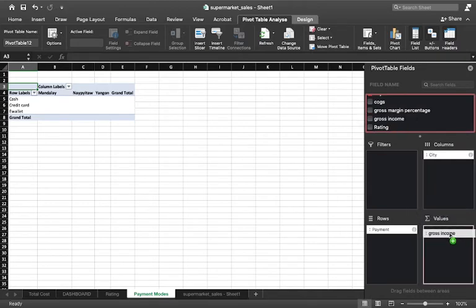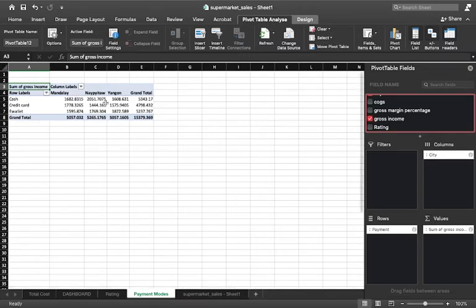I'll put that into my values as it is a number value. Yeah, so if you see, according to the city, cash was preferred. Cash basically gave this much gross income in this particular city, this much gross income in this particular city, and so on, and we have the grand totals also for the same.